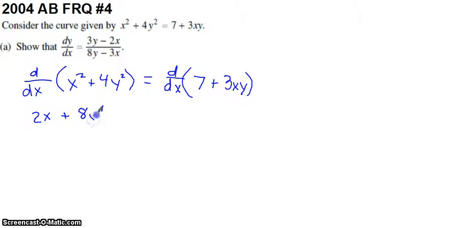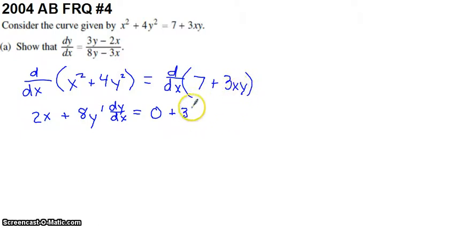We want to leave the inner function in place, and then we want to finish the chain rule by multiplying by the derivative of the inner function, and the derivative of y with respect to x is dy/dx. Now on the other side, the derivative of 7 is 0, so that piece drops out. This constant I'm going to copy down into my derivative, and then I need to do 3 times the derivative